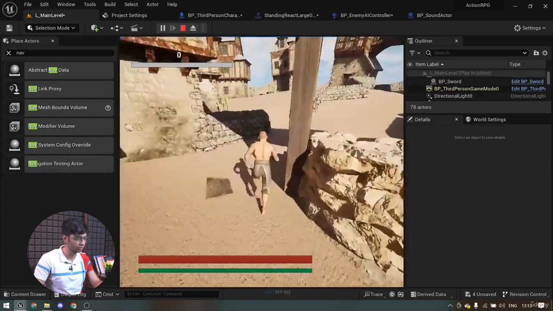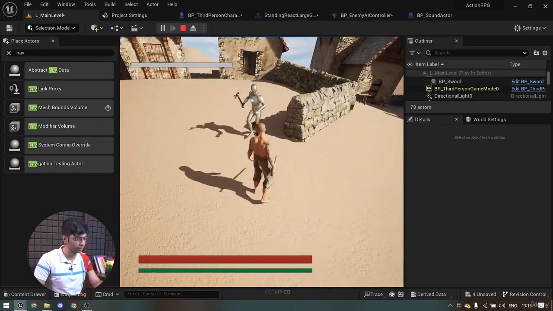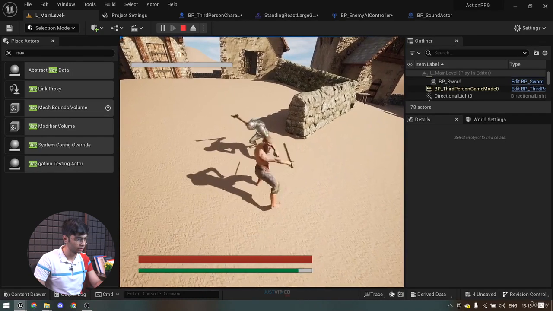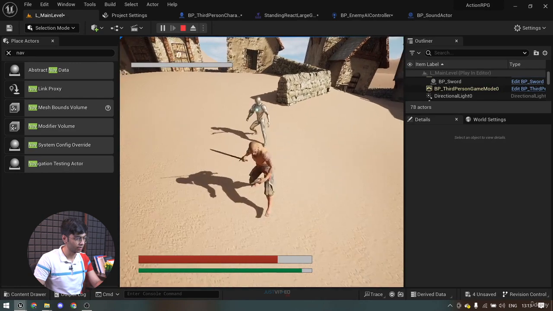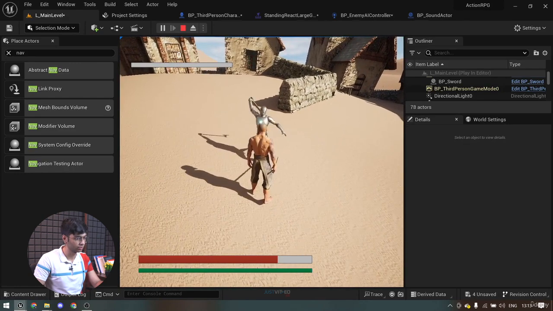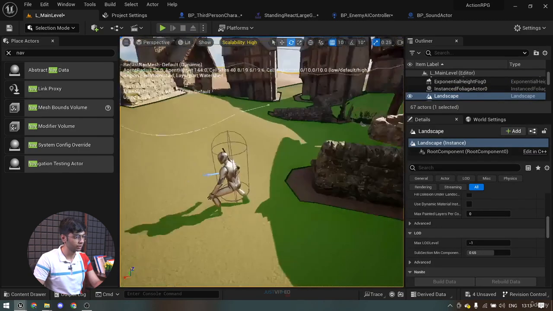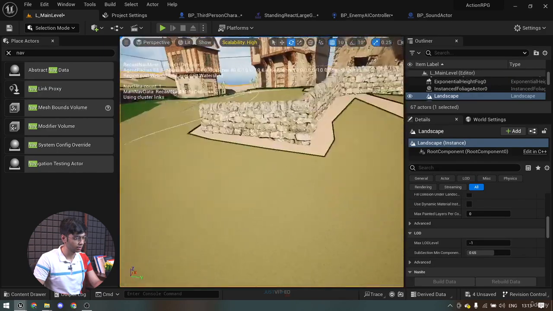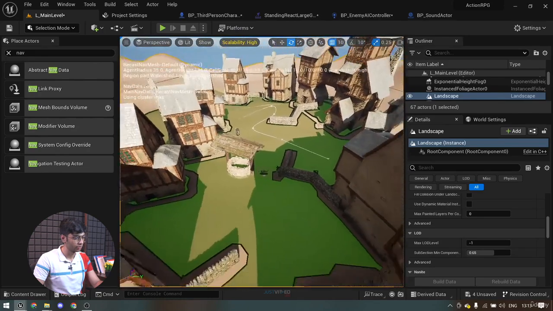Now if I carefully go through here and try to attack, okay, it sees me and then it starts attacking. We can attack the AI itself as well, and the AI is attacking us too. So yeah, that is set up perfectly, and I think we are done with our RPG game here. On that note, we have successfully completed the RPG game that we were working on along with our smart AI,